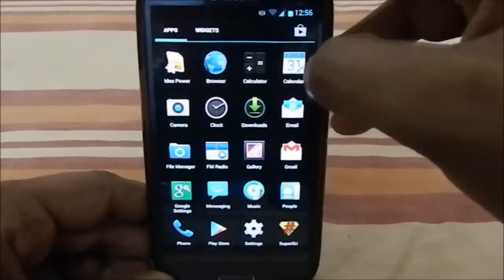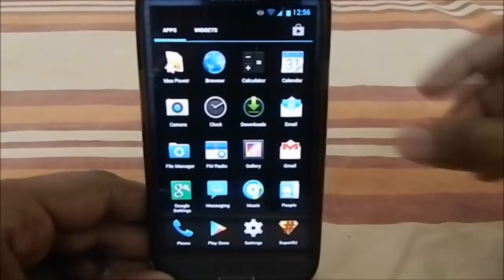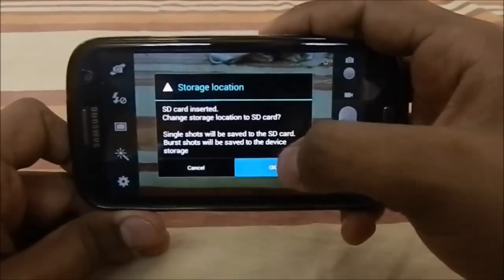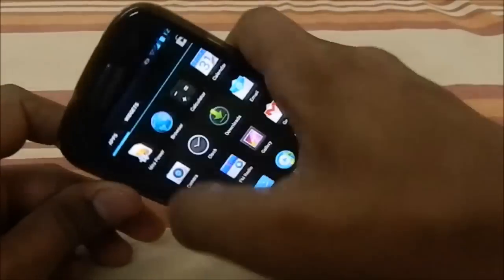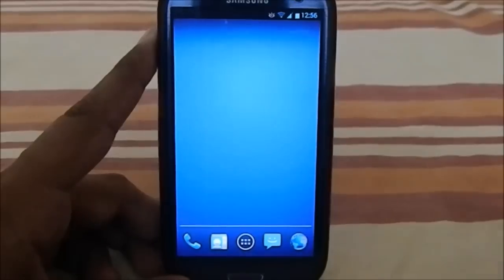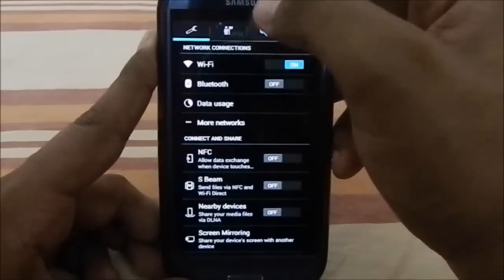It doesn't have S-Planner, it has the Calendar app from Google. So yeah, that's pretty much it. The camera is the stock camera, which is better, obviously, so it is available, so don't panic. That's pretty cool. Now, what else about this ROM? This is really fast. I'll show you guys the benchmark after I show you the boot animation, but before that,